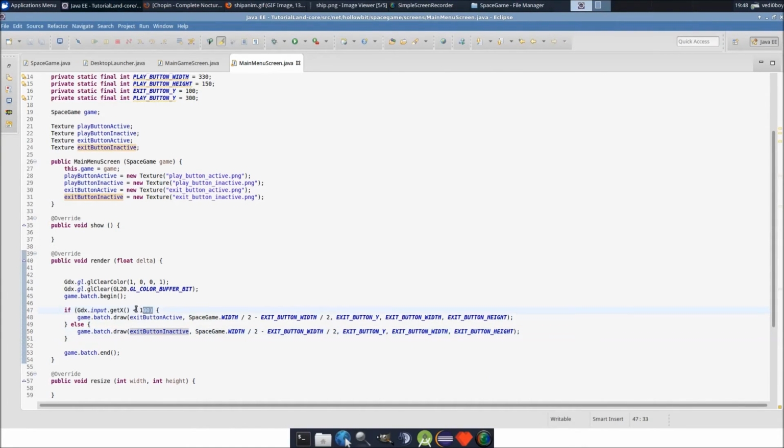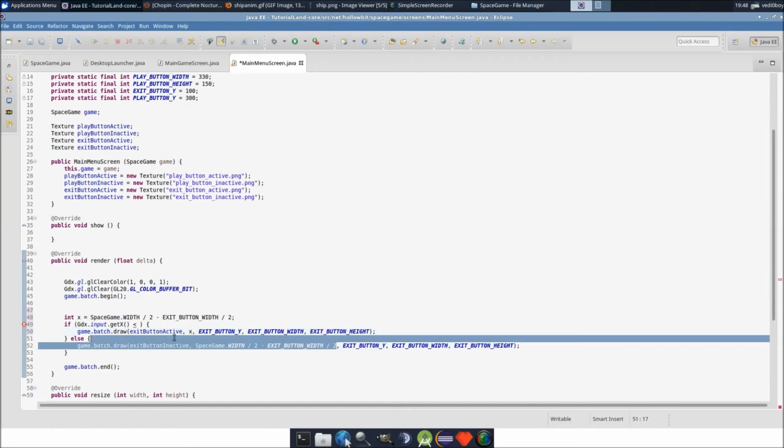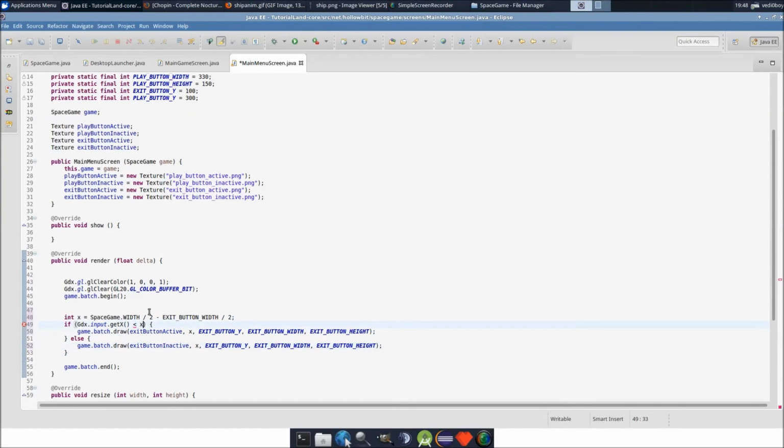So how do you check if it's within? You want to check if the x is less than where the image is placed on x, like where the image's x coordinate is, plus the width of the image. So let's actually just create an x here, since we're going to use it quite often. So we'll just copy that. Because we're going to use it a lot, so might as well. Alright, so if the x of the mouse is less than the x of the image plus the image's width, so exit button width,